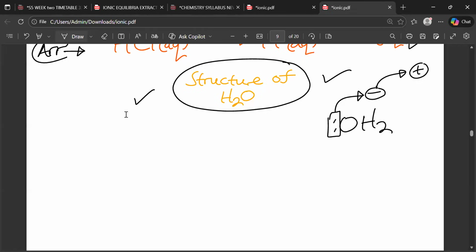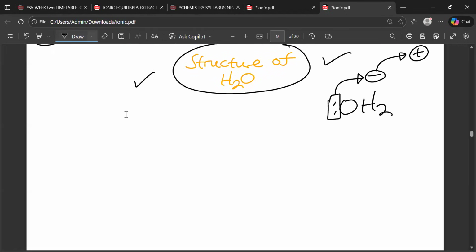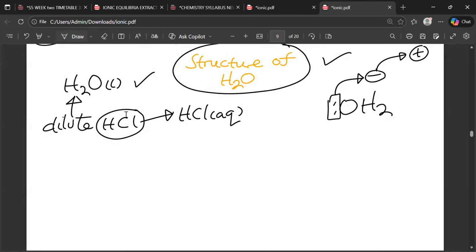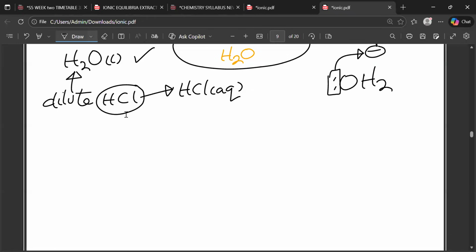Now, I was still telling you that when they said dilute HCl, what do they mean? They mean that the HCl is there, yes, and it's water that is making it aqueous, but also the dilute part means that water is there. Shouldn't forget it. So if we are having a bowl, this,